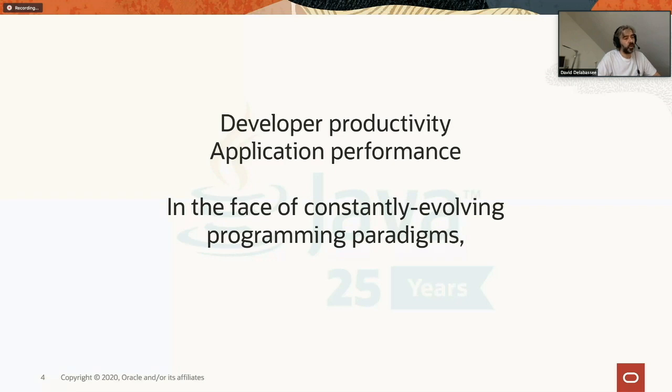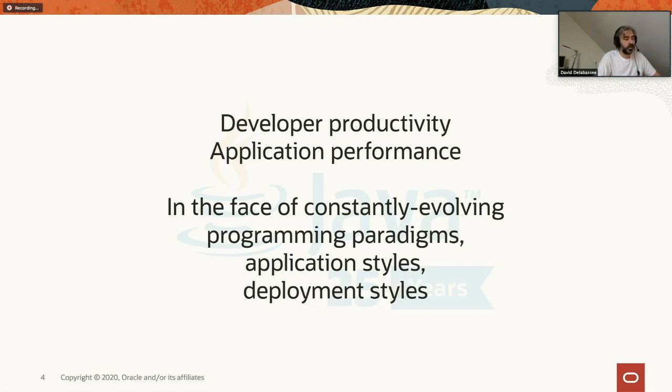For example, 20 years ago, we were not really talking about any kind of functional programming when we were talking about Java. That's something that since then has become more and more important. Something else that evolved is application style. In the beginning, we were mainly talking about client-server applications, monolith applications. These days, obviously, it's more and more about microservices. So this is yet another evolution that Java has to cope with.